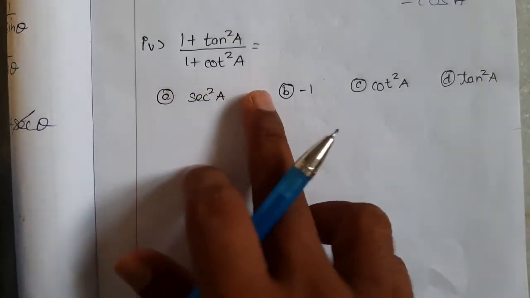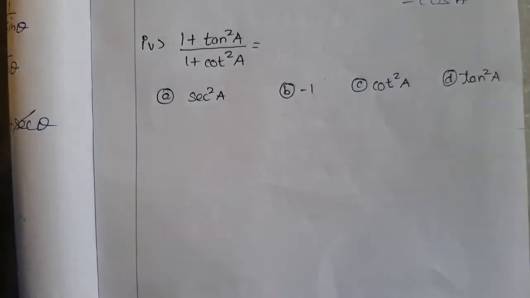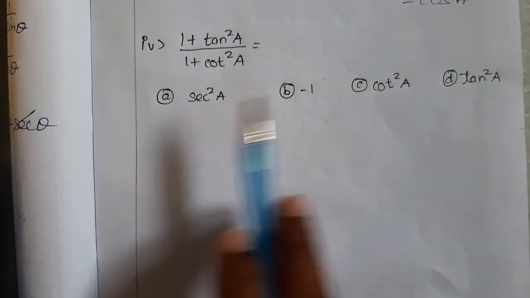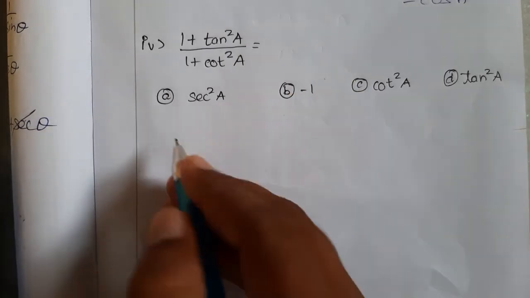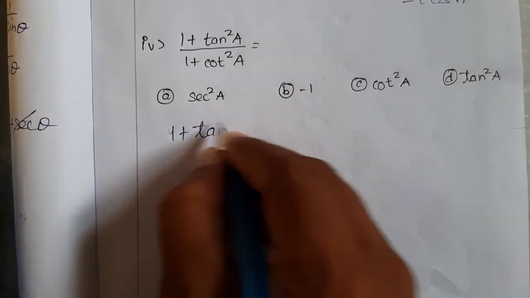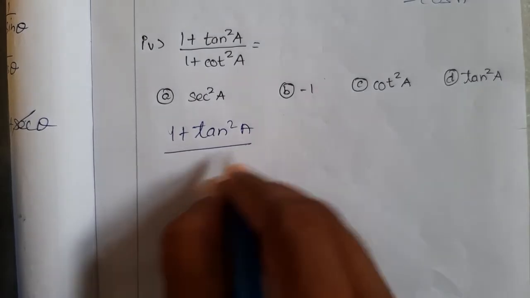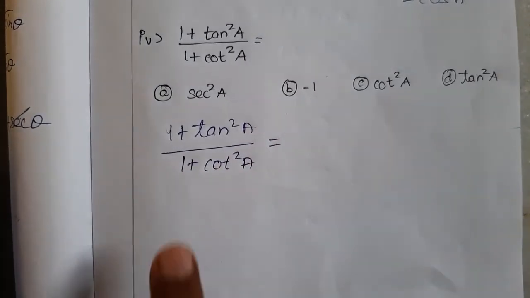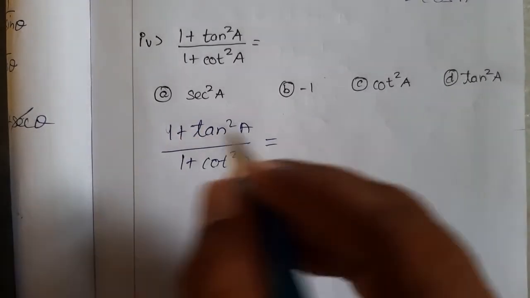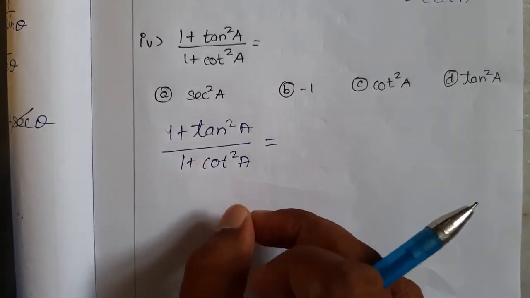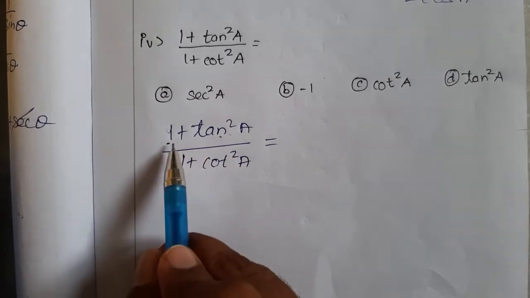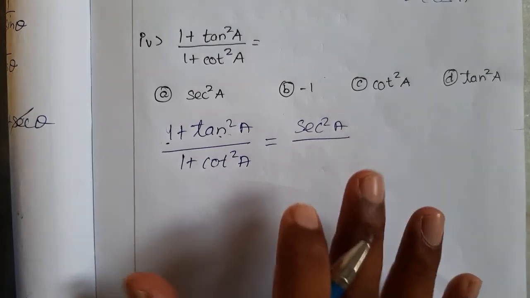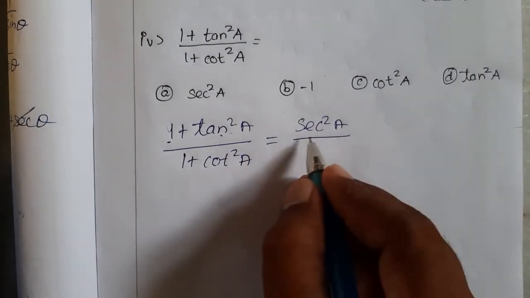1 plus tan square A by 1 plus cot square A. So the same, we are going to do everything. You can see cot and tan are there, so let me change and write that. Here a number is also involved, so we cannot predict what happens by expanding and solving. So let me use the identities, so it will give a single number, right? Here two terms are there. So 1 plus tan square A, we know that as sec square A. So keep it in mind, we have to simplify, not expand, right?